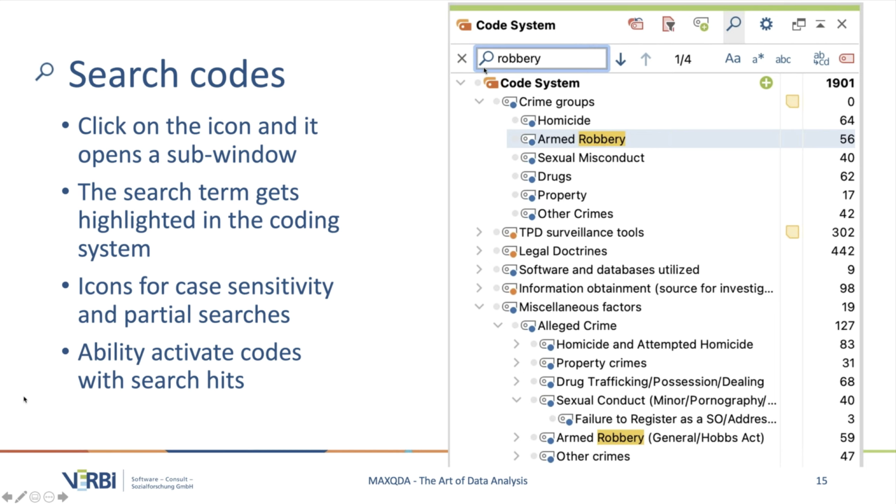So for example, I selected robbery, which showed up twice in the coding system. There's icons for case sensitivity, for partial word searches, and the ability to activate codes with the term. So if I searched for robbery and clicked activate code, it would activate those two codes for me. So it's kind of a neat tool.